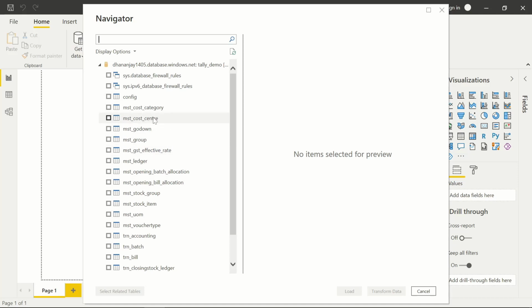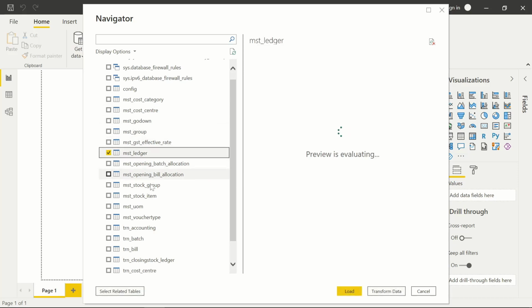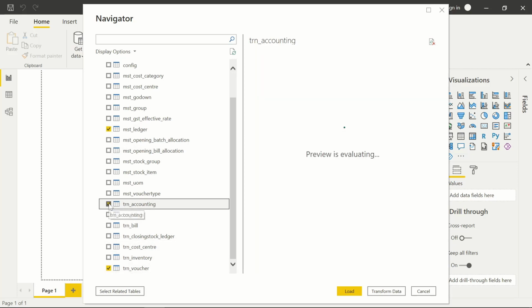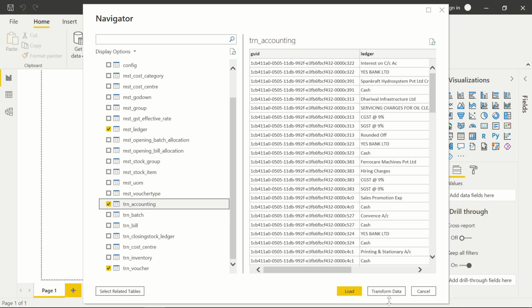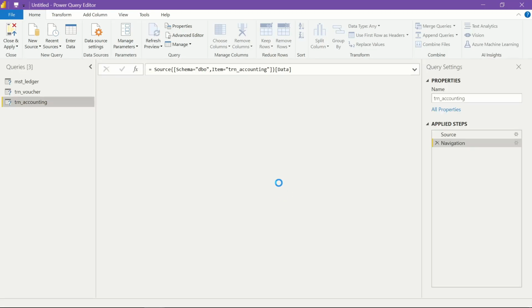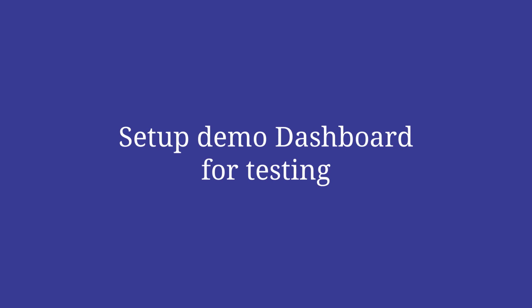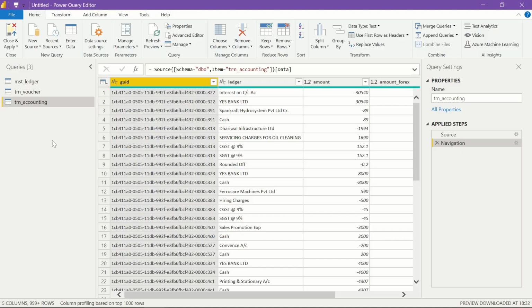So just for the time being, let us load three tables called ledger, voucher table, and accounting portion of the vouchers. And let us quickly transform data. Now I will simply create a small report for calculating closing balance of cash balance.